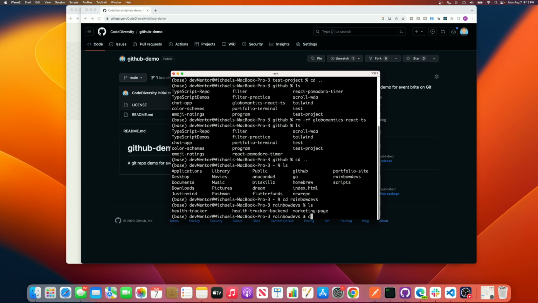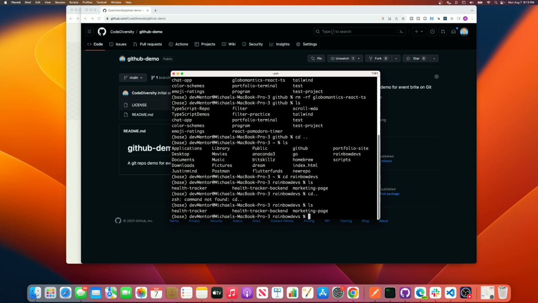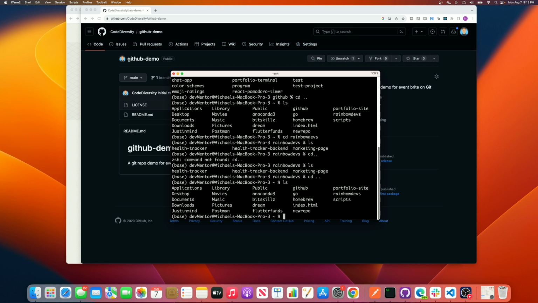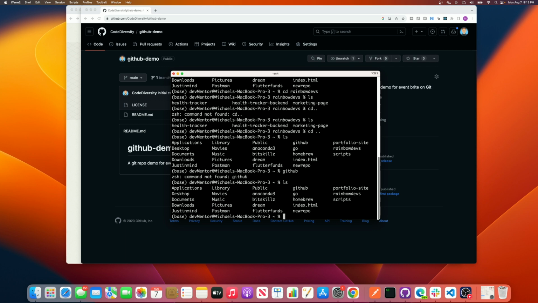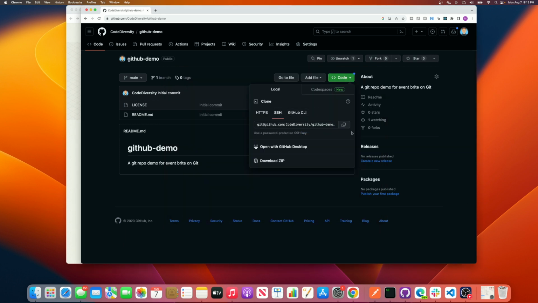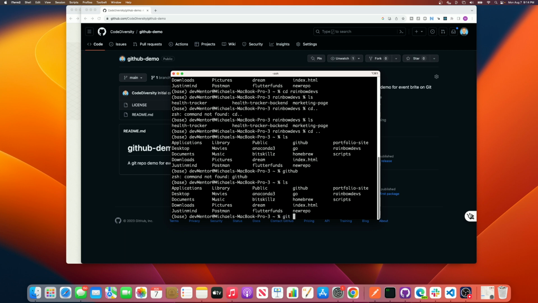The other way, if it's just one-off things, I just create a GitHub folder and put everything in there. You can see I have a bunch of random repos. And once you get done with one, you can delete it locally. And then if you ever need it again, you can just reclone it. So pretty simple. So I will try SSH, copy this, and come in here, and we'll do git clone,